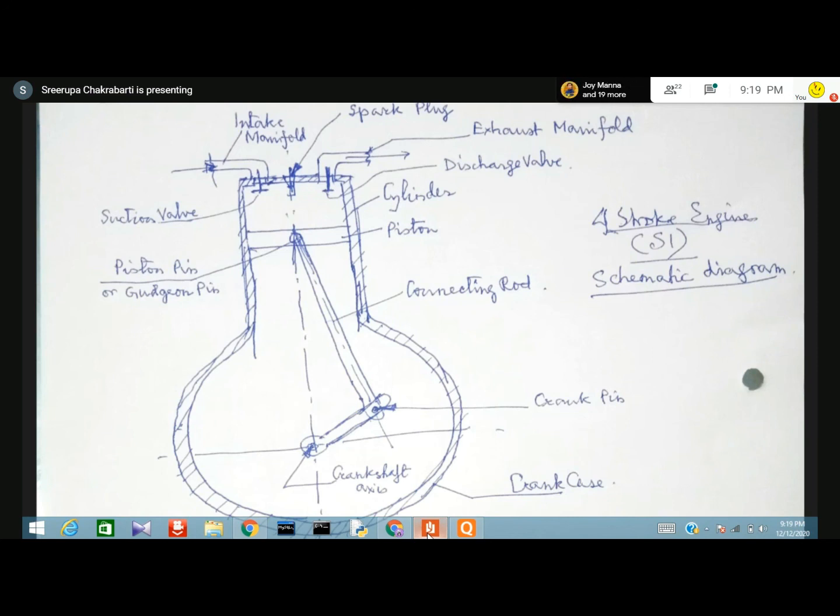The basic thing is that for heavy-duty operations, meaning when the requirement of power is high, say for example a bus, a truck, or a ship, the requirement of power is very, very large. So there we are not using petrol engines. There we are not using two-stroke engines. Why? The reason is that